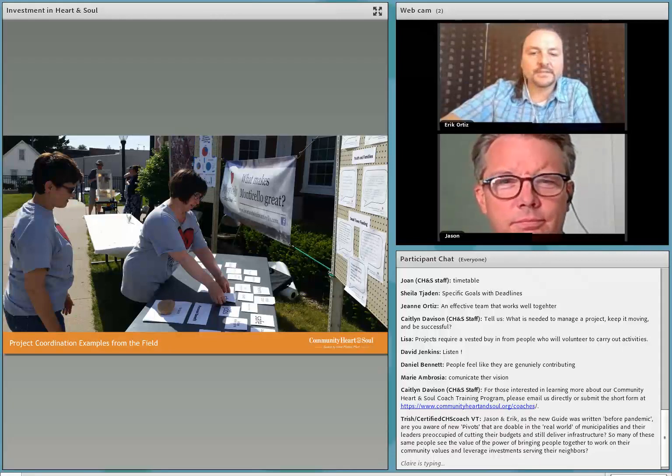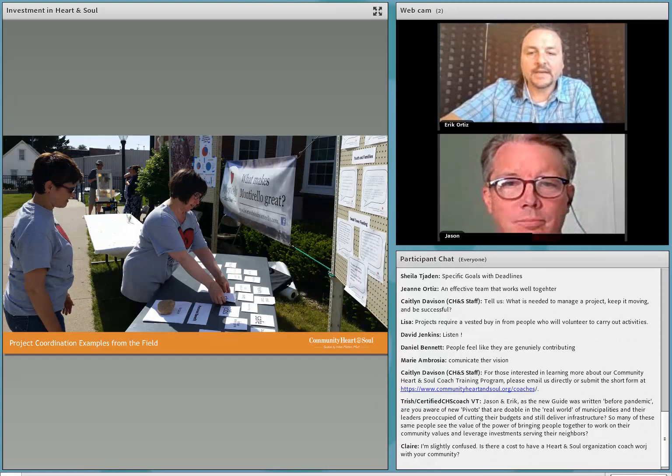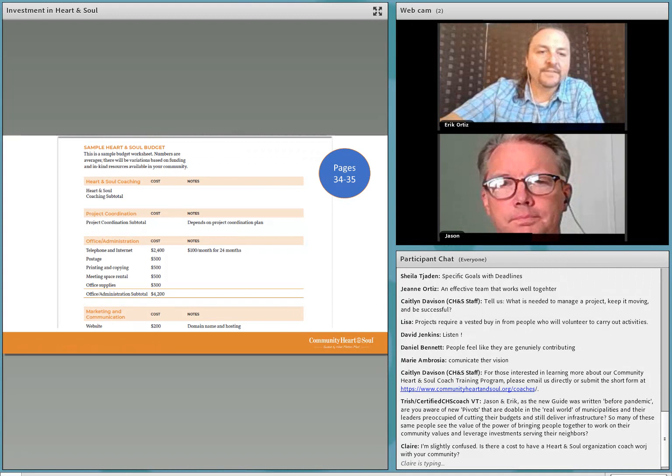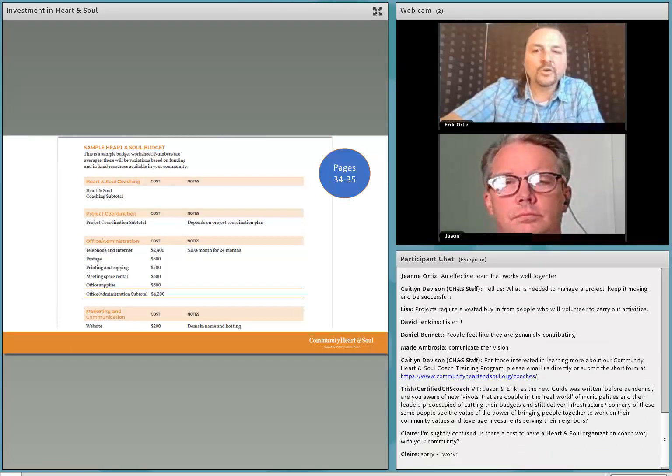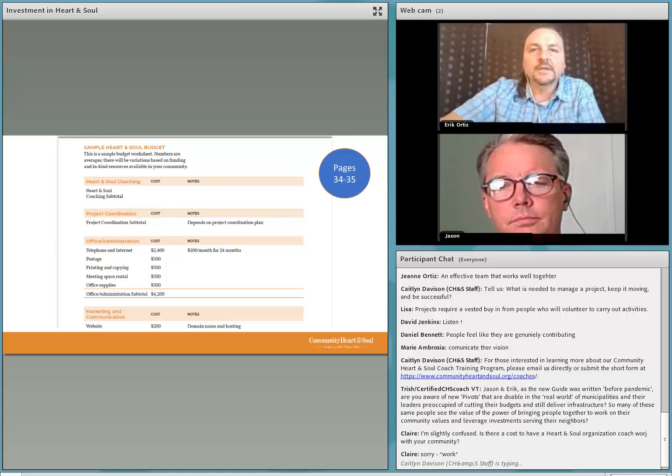Yeah, so I think that's key to making sure that the community is doing what's best for them. So let's just quickly look at the sample budget. That is pages 34 and 35 of your workbook. I won't go into a ton of detail now, just to say that those categories outside of project coordination and coaching usually fall in the range of $15,000 for a heart and soul effort. And then, as you've heard Jason and I mention, coaching and project coordination really is individual and depends on the